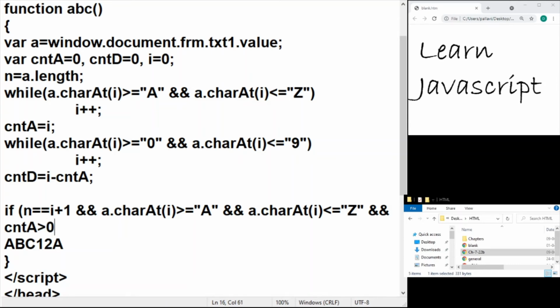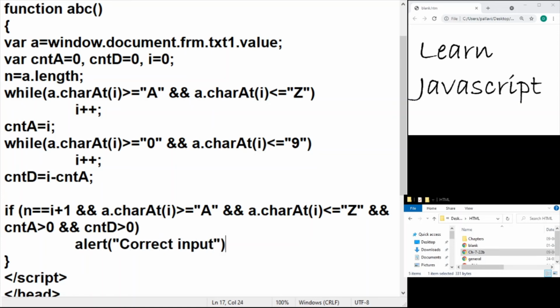One alphabet, so I can write greater than or equal to 1, and a minimum of one digit character. So this is the whole decision making statement. If this is the case, I would go ahead and print the input is correct. Otherwise, I will print it is incorrect.